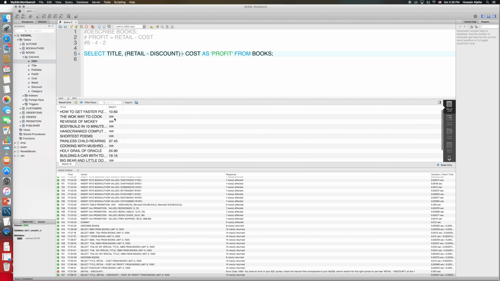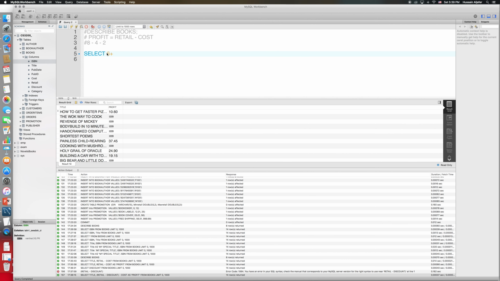So I know it seems problematic here because I have null and I should have discounts as zeros, but this is just an example to show you how you can override the order of operation. This is not the best example, but this is the example that came to my mind to show you how to do it. Now again, this is showing nulls in the profit because I didn't have zeros, I had them as nulls. But we'll see later on how to deal with that case. Right now, I just wanted to show you how to do the order of operation, and I think we can do this. Select